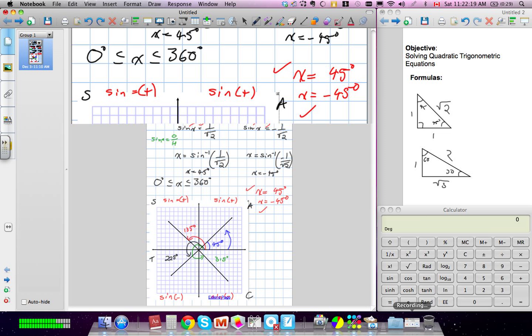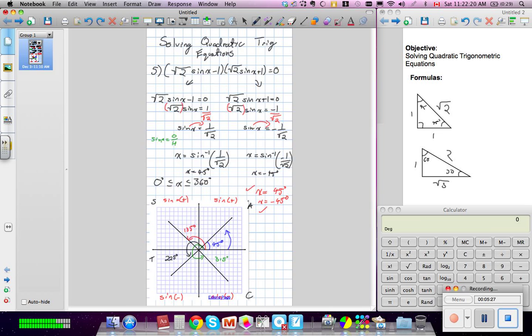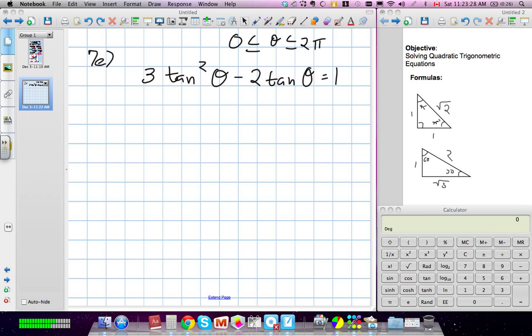Okay, so 7e, essentially what we're looking at is a quadratic again, and it's not that similar to what we're normally looking at with quadratics because we have trig ratios in there. One way you can clean things up, and we'll do it this way, and if you want me to do it the other way first, I'm going to say let, just so it's a little easier for me, let A equal